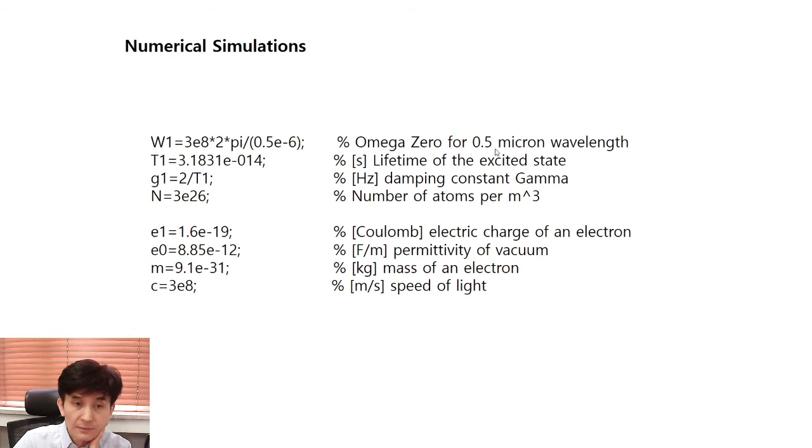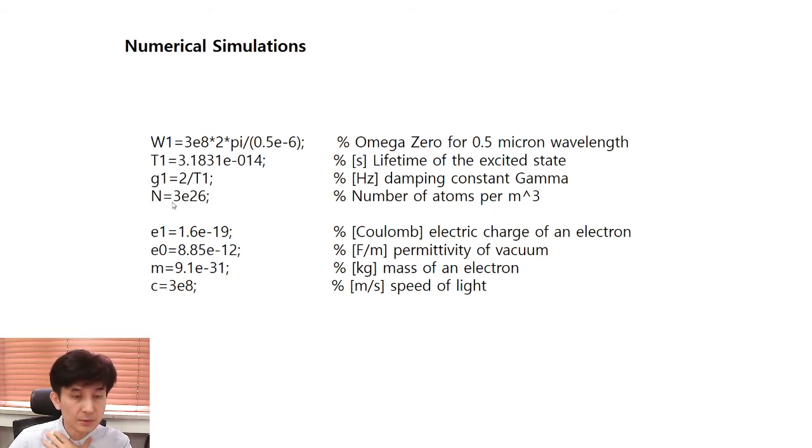This is the frequency for 0.5 micron wavelength. You can calculate this. And tau is the lifetime of the excited state atom, and G1 is the damping constant, 2 times tau 1,